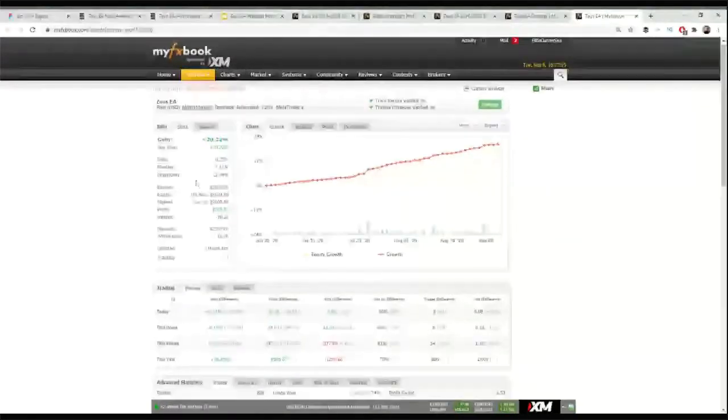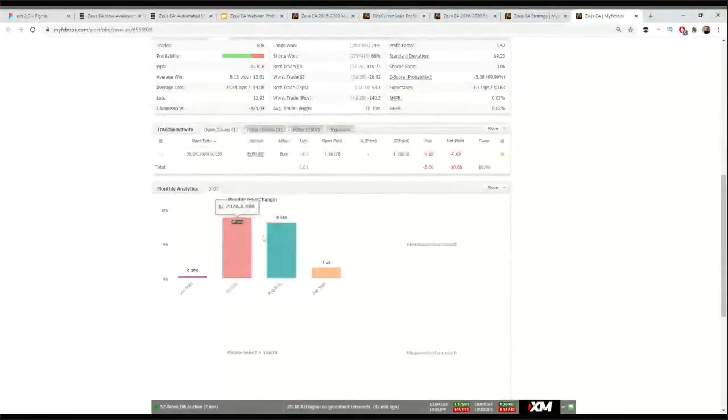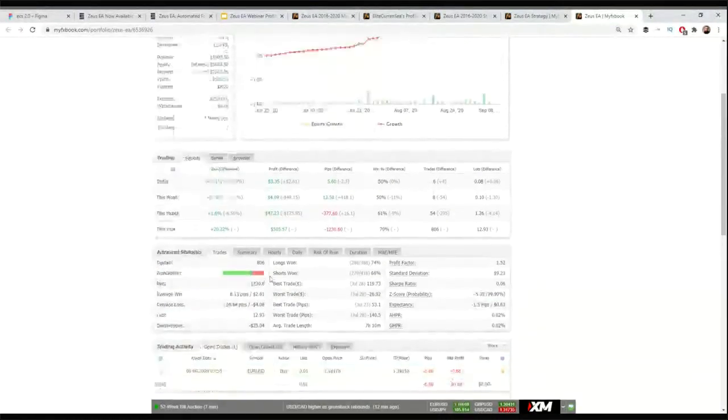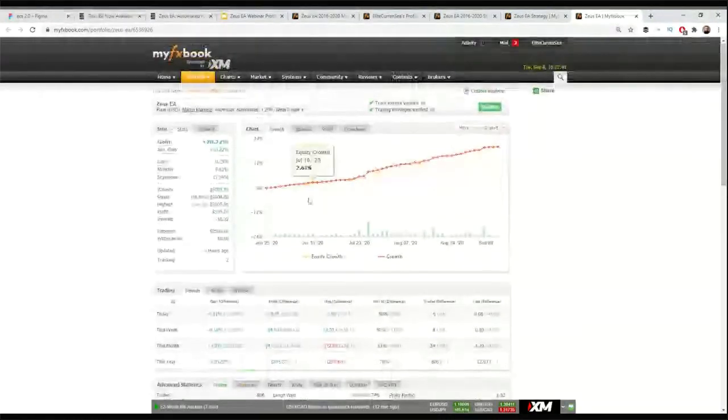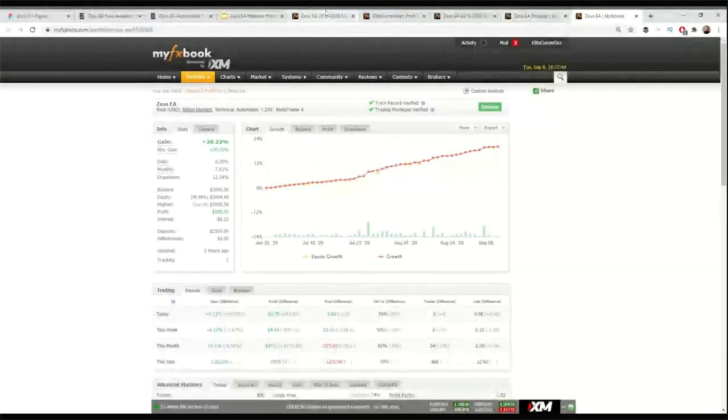This is a live account, and some of you have seen this already. We had a great start with the max risk approach, 9%, 8%, and now 1.6 in the current month at least. So that's a great start. And pretty much the same equity curve as you can see here. All right.